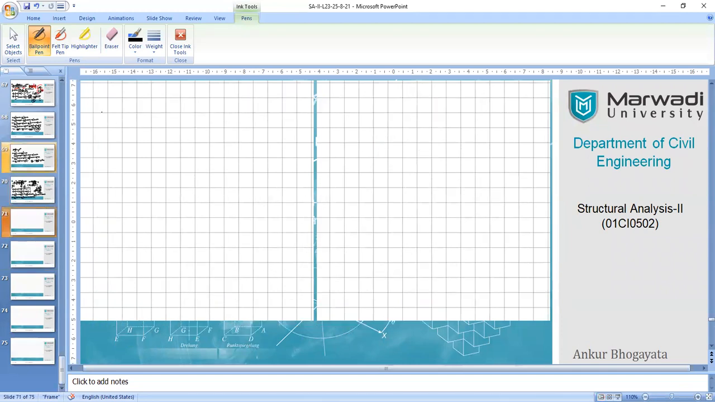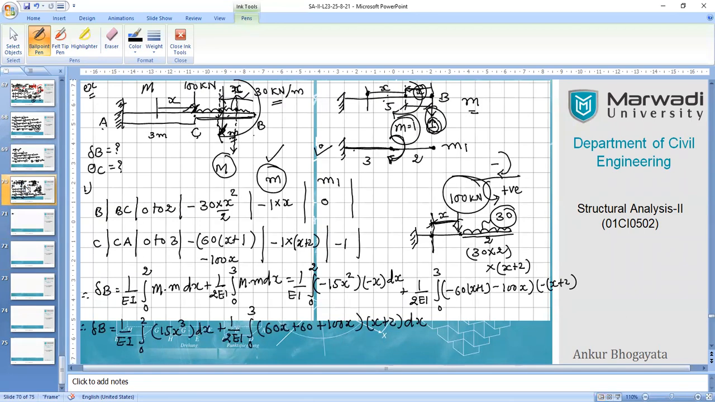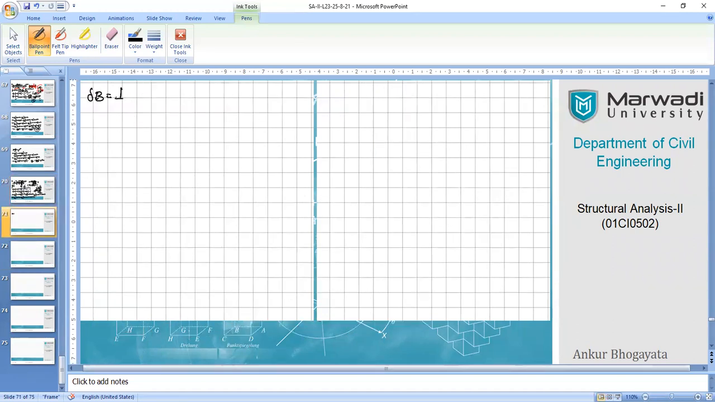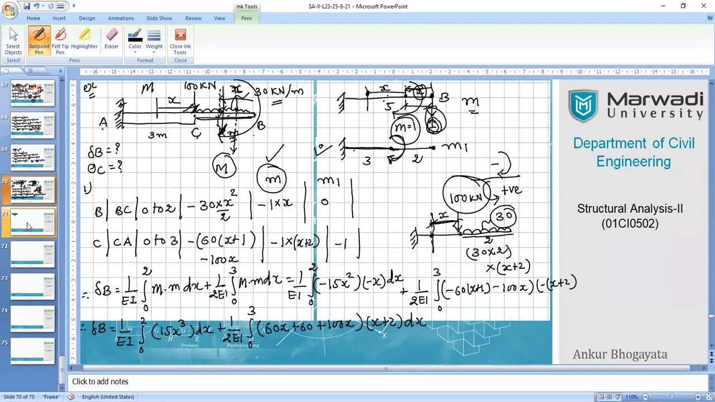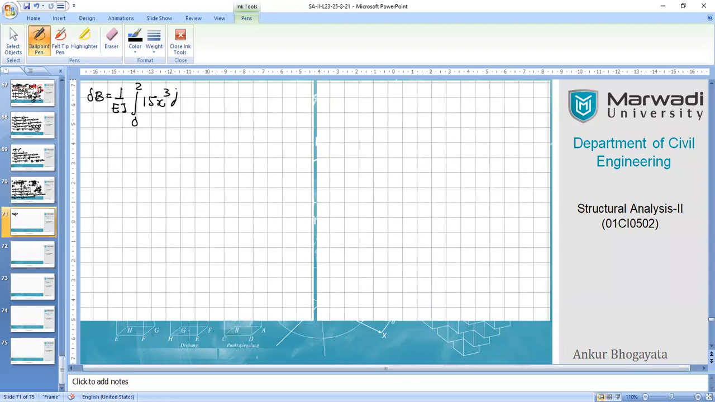So now we are forced to change the page. Delta B equals to, okay, we need to go back. 1 upon EI, right? 0 to 2 meters is the segment length. If I'm not wrong, it is 15x cube. Let me confirm it. Yes, it is 15x cube dx plus,